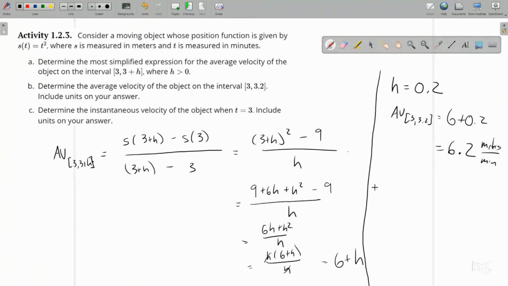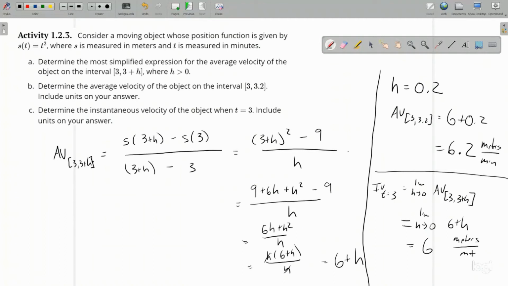So what is instantaneous velocity? The instantaneous velocity at t equals 3 is equal to the limit as h goes to 0 of the average velocity from 3 to 3 plus h, which we have already calculated. This is the limit as h goes to 0 of 6 plus h. Now in this case you can plug in h equals 0. There's no division by 0, there's no square roots or negatives, and you just get 6, and of course units,